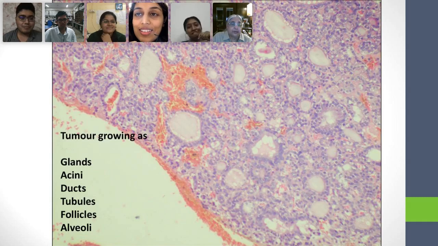We already did a little bit about glands before, so maybe we can skip that, because we said that this is a structure that must have a lumen and it has to be lined by epithelial cells, and those epithelial cells must make a secretion. And that secretion must get into that gland. Either the whole cell falls into the gland, or part of the cell falls into the gland, or the secretion goes into the gland, right?